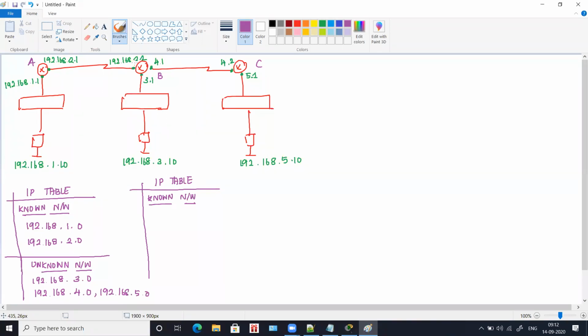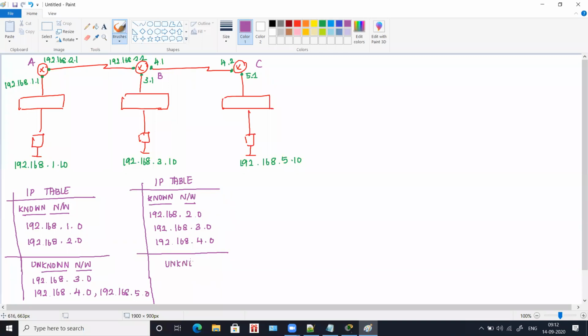One interface is 2.2, another is 3.1, and another is 4.1, which means for router B there are three known networks: 2.0, 3.0, and 4.0. So it is 192.168.2.0, 192.168.3.0, and 192.168.4.0. This is the known network for router B.